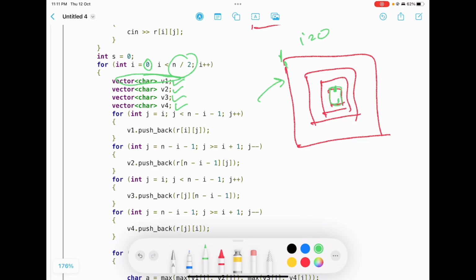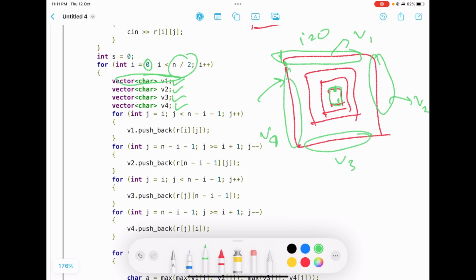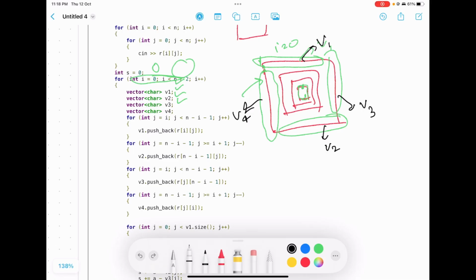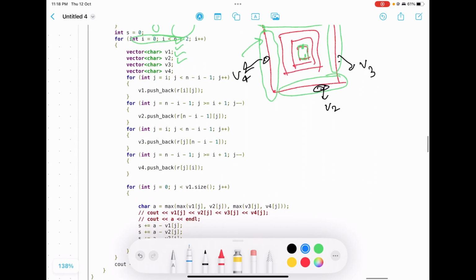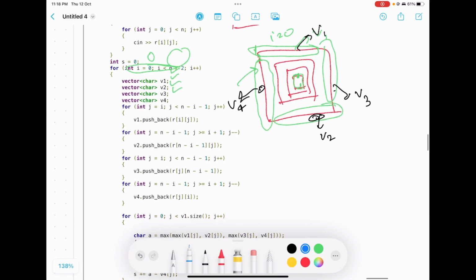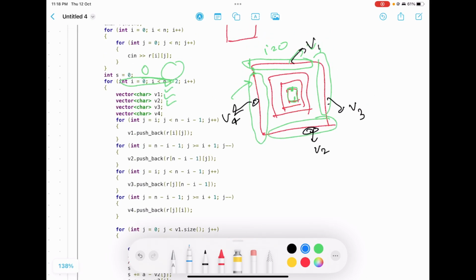For the outer loop, the vectors will be like this. This is v1, this is v2, this is v3, and this is v4. We will put all the values of this into v1, this into v3, this into v2, and this into v4. And we are running a for loop for putting the values into v1, v2, v3, and v4.